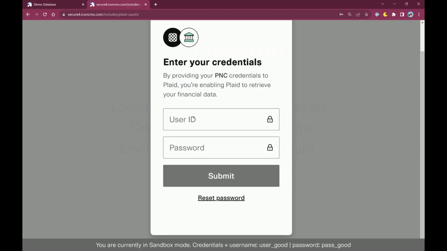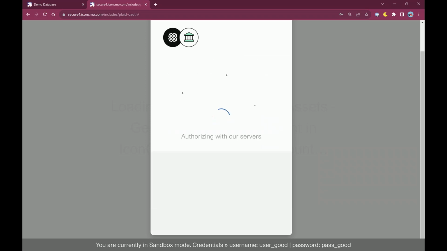Here we go. So depending on your bank, there's different ways that you log in or enter the information to be able to link in. As you saw with that Wells Fargo one, I actually have to go to an external page to log in. I don't know if my test credentials, because this is all fake information, are going to work here, but I know that on this one, if I stay in this screen, those are going to work. So I'll put in my test credentials